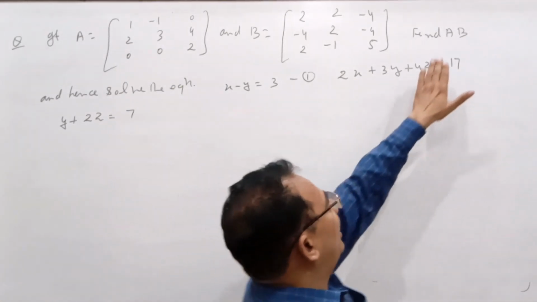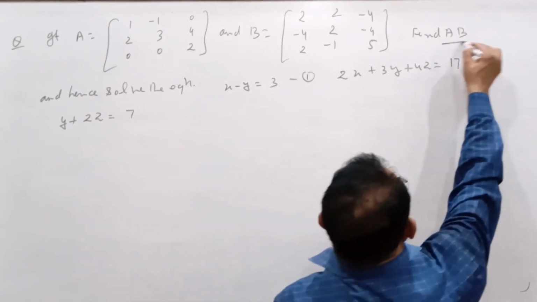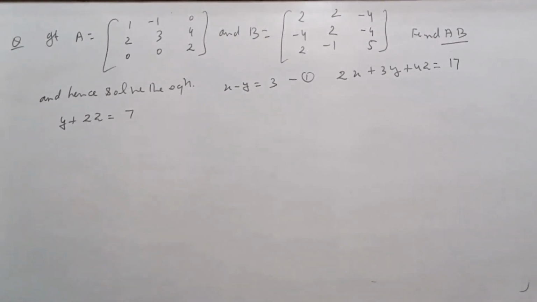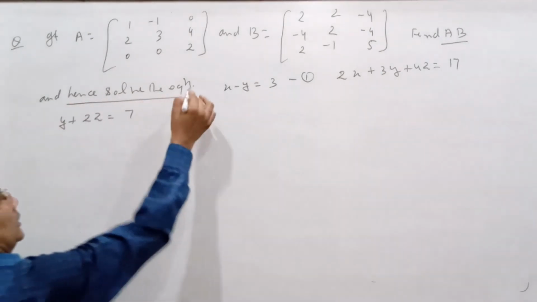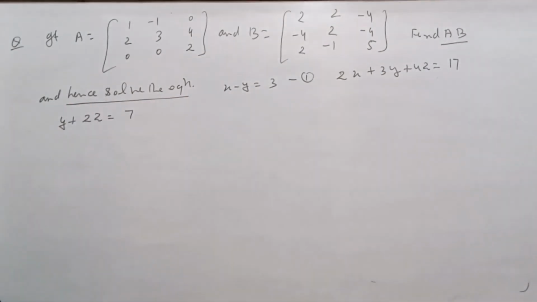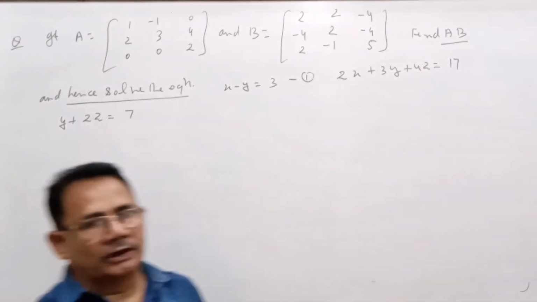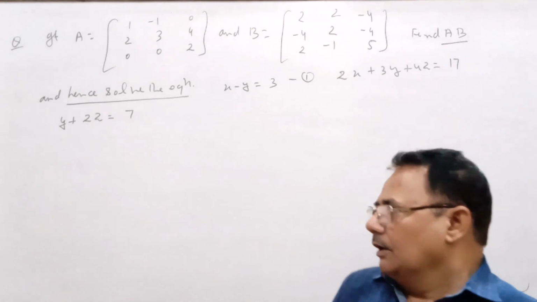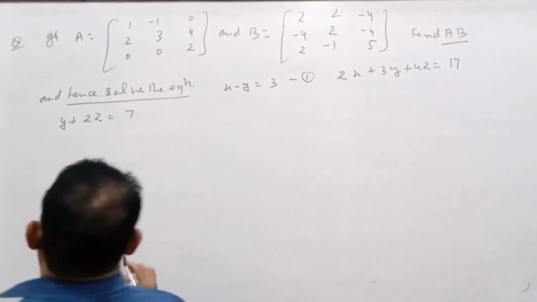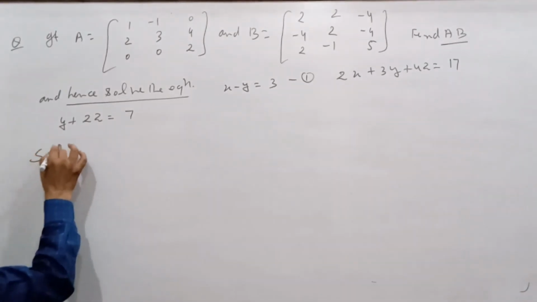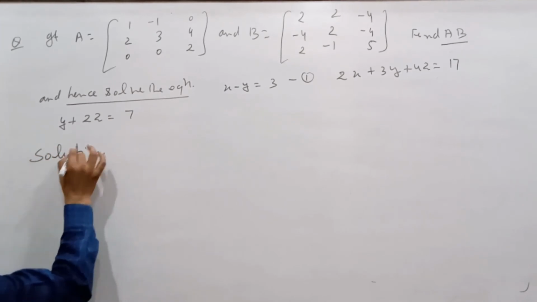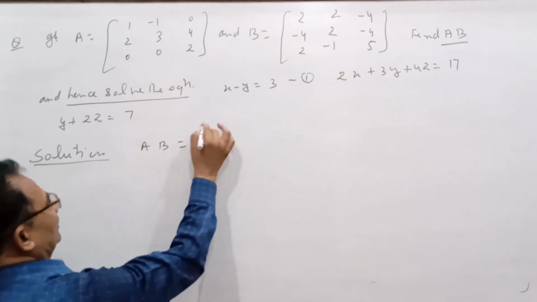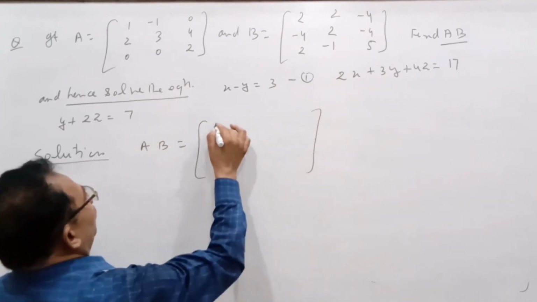Then find the value of the matrix A and B, multiplying of the matrix A to B, and hence solve the given equation by using this product. देखिए हम लोग इसको कैसे सोल्व करेंगे। First of all we find the value of the matrix A and B. आप लोग जैसा कि बहुत अच्छी तरह से जानते हैं कि भाई हम AB की मल्टीप्लाई कैसे निकालेंगे।